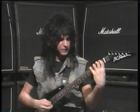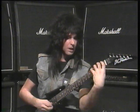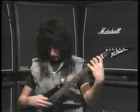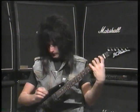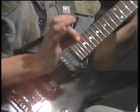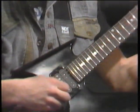Now, everybody's hand is different. You know, some are bigger, some are smaller. But when you put your hand like this, that is the best possible positioning that your particular style and your particular hand can do. And when you play the exercise, as far as your right hand, again, make sure your fingers do not move, you know, that you don't do the flick of the thumb technique, and then you rip